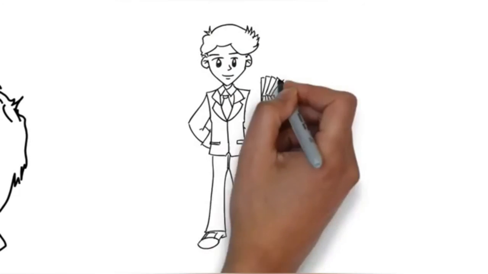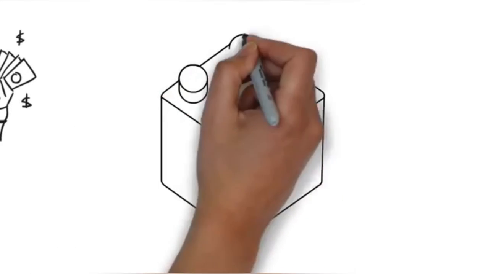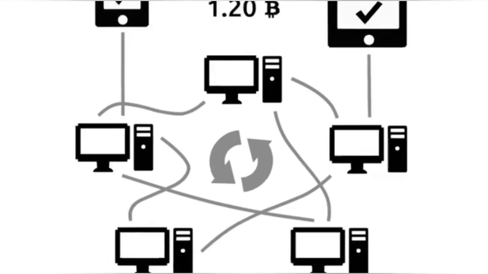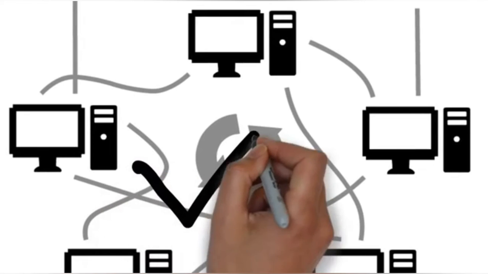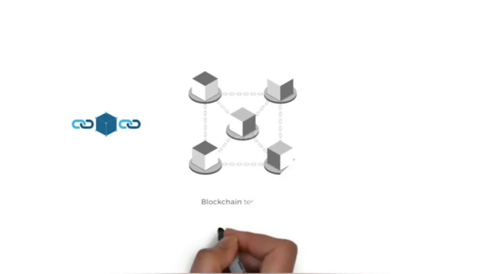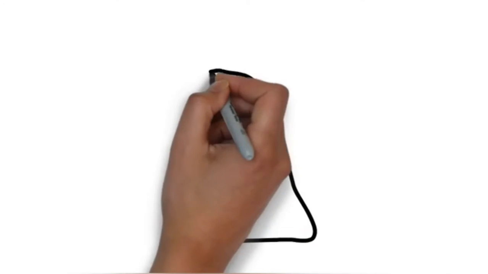Suppose Jack wants to send money to Kim. The transaction is represented online as a block. The block gets distributed across the network. The network verifies the transaction is valid. The block is added to the chain in chronological order, reconciling across the network and creating a permanent record. Jack's record of ownership of money moves to Kim.